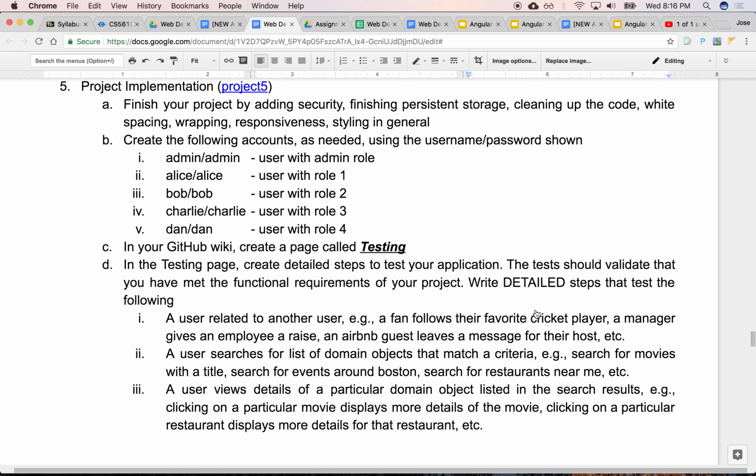Right? How did you verify that these requirements are valid, that you implemented all these requirements? And we'll ask you to put step-by-step, very detailed instructions that we're going to follow, right? And verify that, yes, you can create a relationship between a user and a domain, or a user and a user, or query for some data, or view the details.